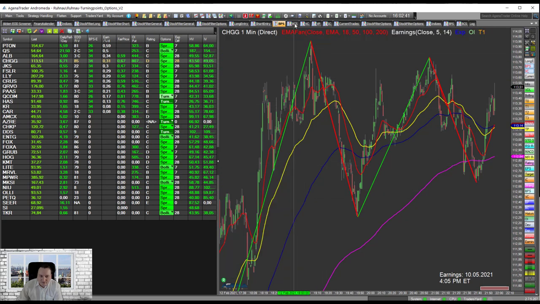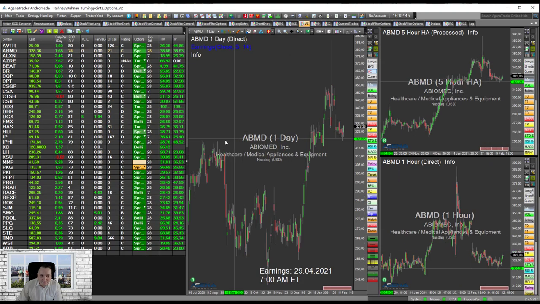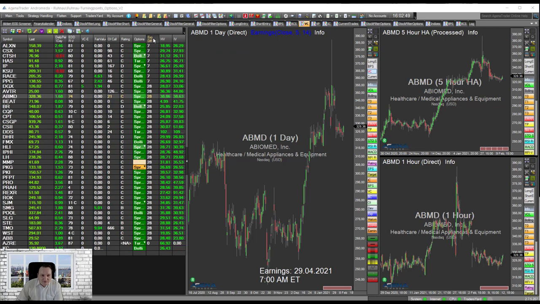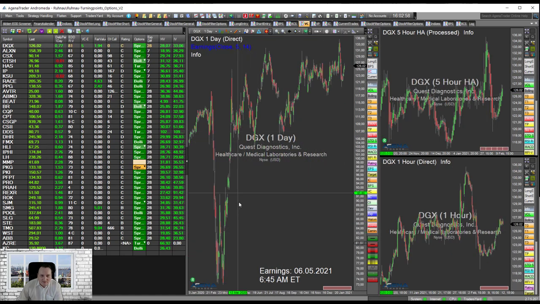So we have the bear call spread, which is exactly the same. We have the vertical call, and here it is important to have like the 7 days, and have a look here, like DGX, and it should move in some direction. For the vertical call we always want to see